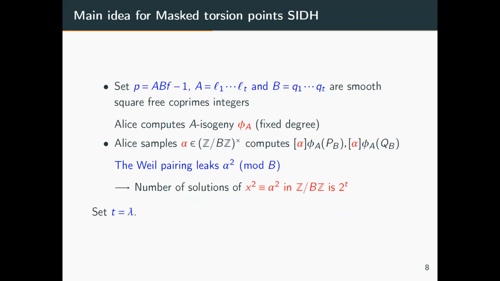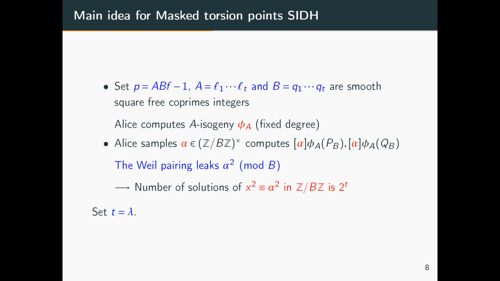And this is the main idea for the masked torsion SIDH. First, we set P like this. This is very similar to the masked-degree SIDH, but the exponent is 1. And I will compute the A isogeny. It's the fixed degree, so the degree space is not so big. It is only the one